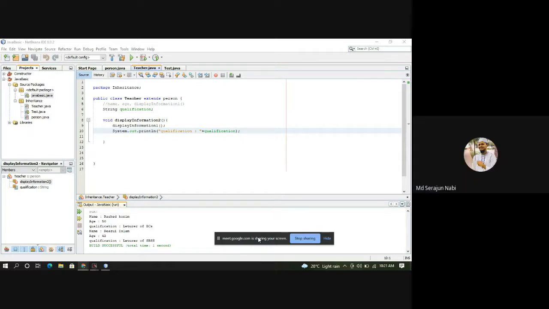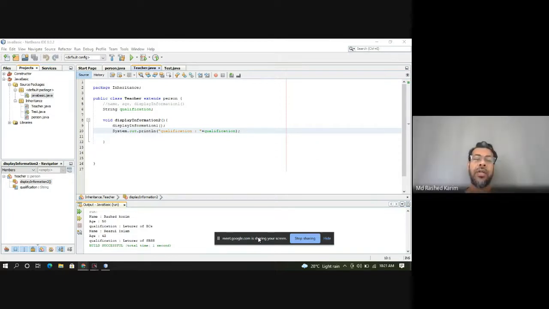Yes. So we can also say that it's a short thing to do. No, not. You can say it is how to reuse our code, because the person has code, the same code that is similar, that can be used in the teacher class. That also can be used in the student class. So why should I create the same method in the teacher class and the same method in the student class at the same time? Better I put it in the common place.